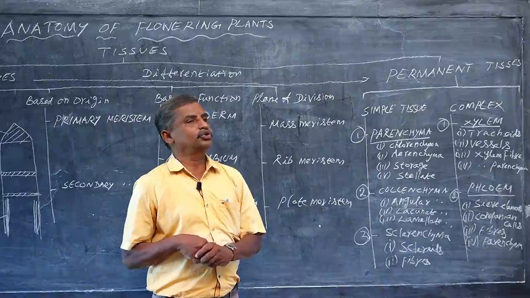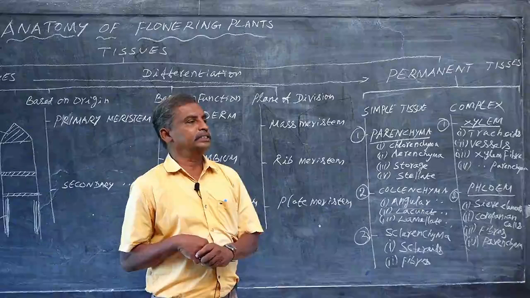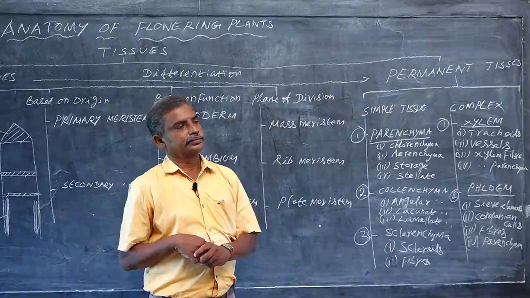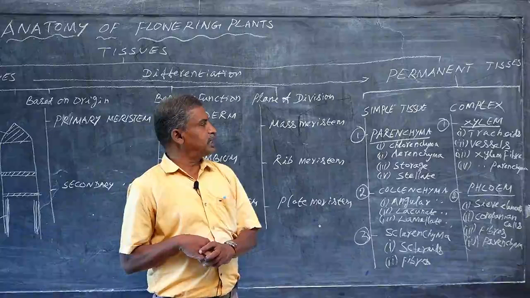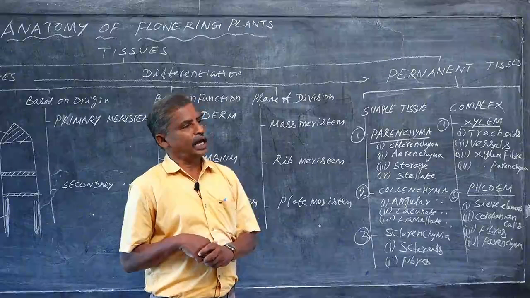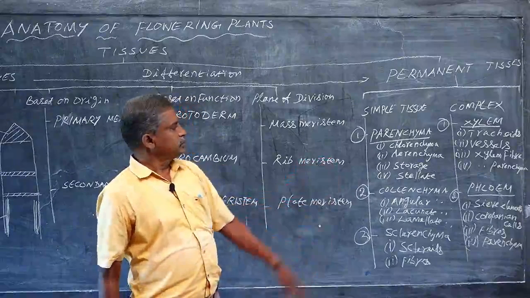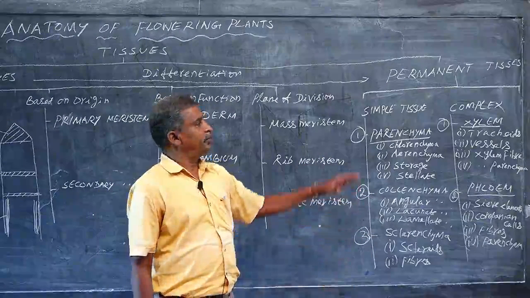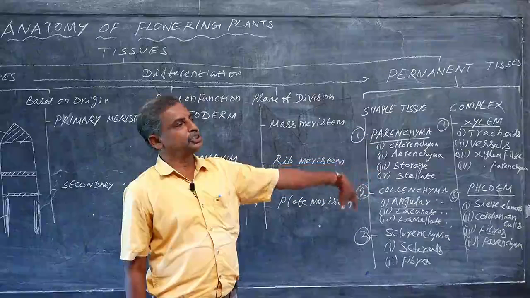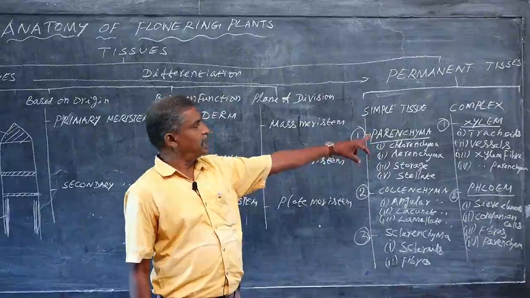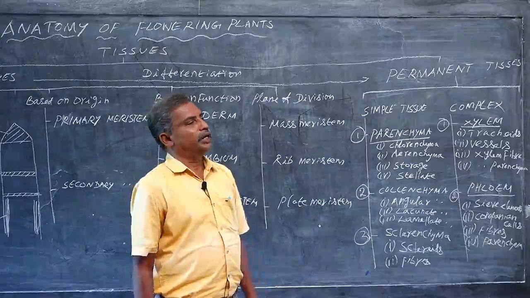Hardwood is also called duramen. Sapwood is also called alburnum. Duramen means it gives durability to the wood. So, in matured xylem vessels, tyloses are there. This is one of the important concepts frequently asked. In xylem complex tissue, only one living tissue is there, that is xylem parenchyma. The other three are dead tissues.